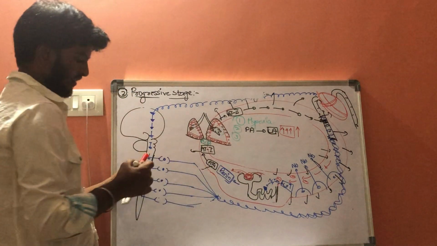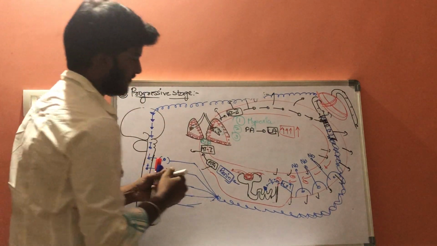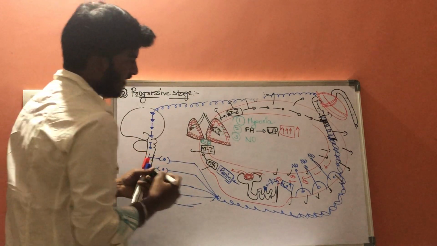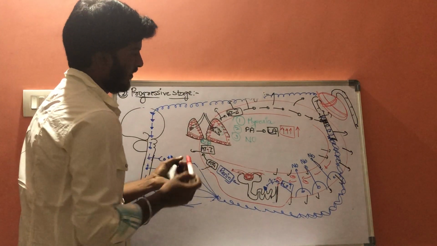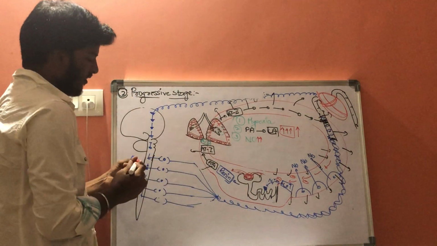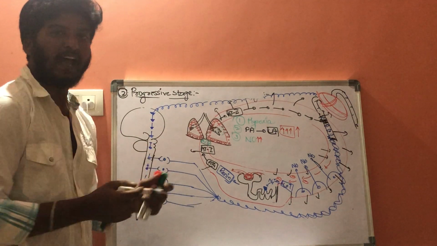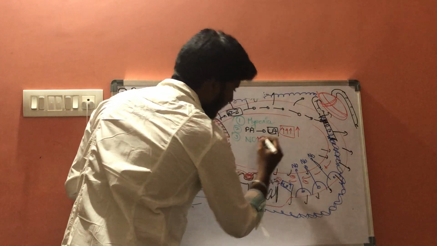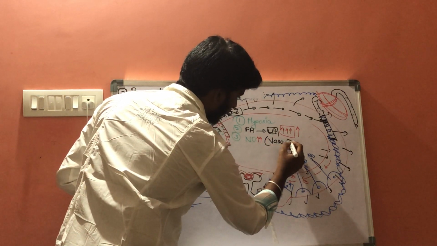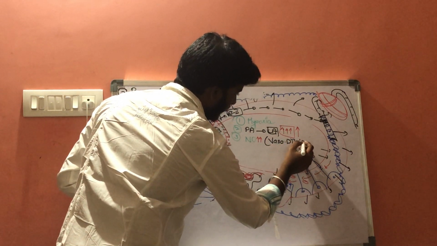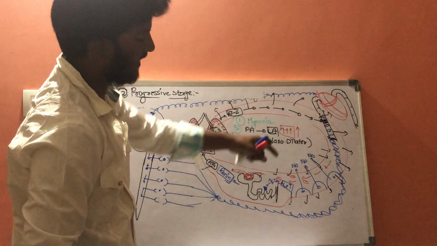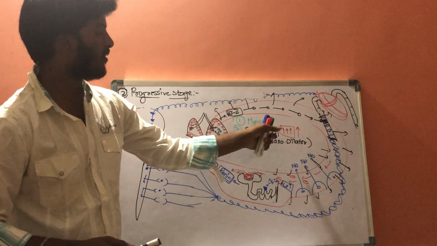That is, nitric oxide concentration will be increased. Whenever the nitric oxide concentration is increased, it will act as a vasodilator. It will act as a vasodilator, and the lactic acid that is present will also act as a